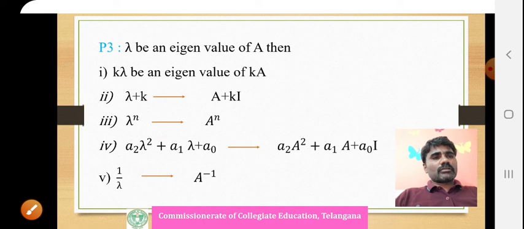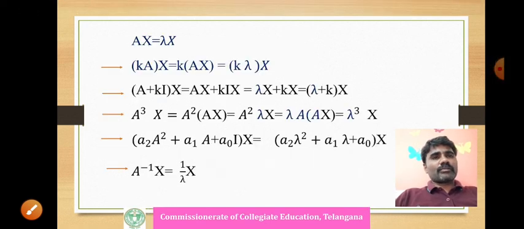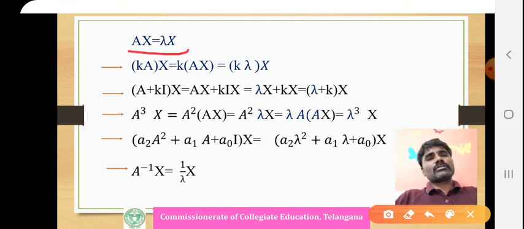The proofs, I can give in a simple way. Now according to the definition, x is the eigenvector corresponding to the eigenvalue lambda, then we have the property Ax equals lambda